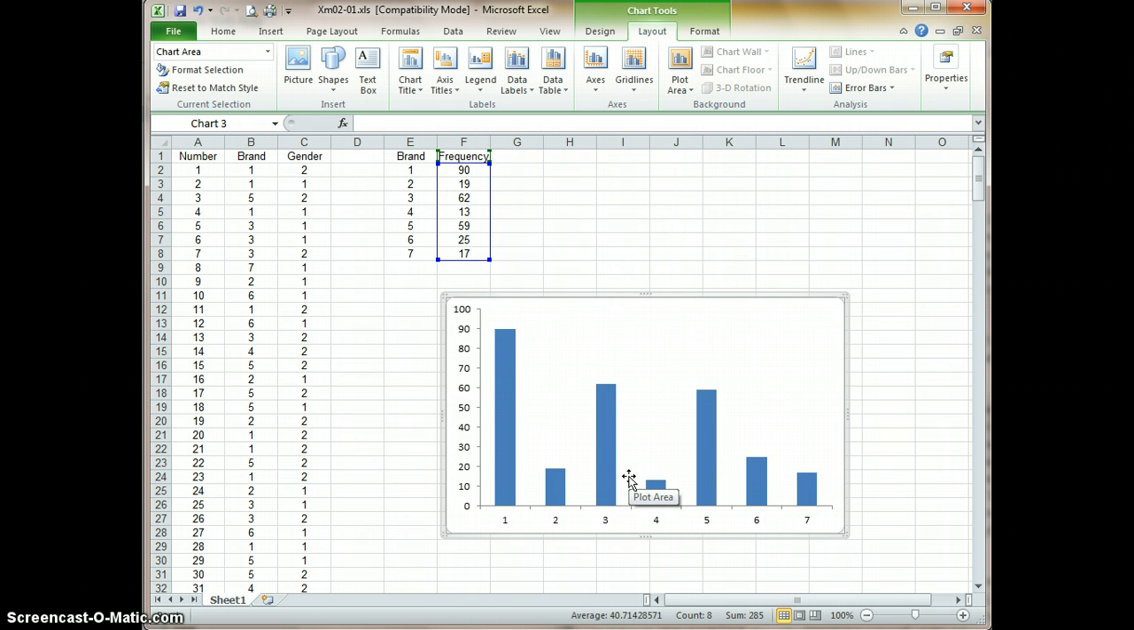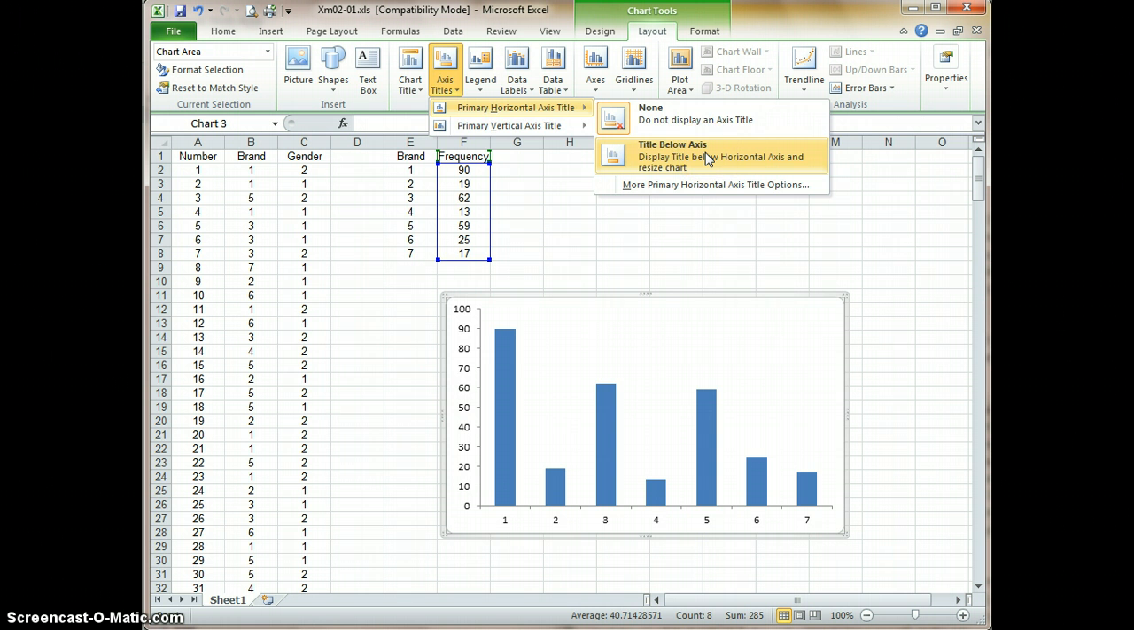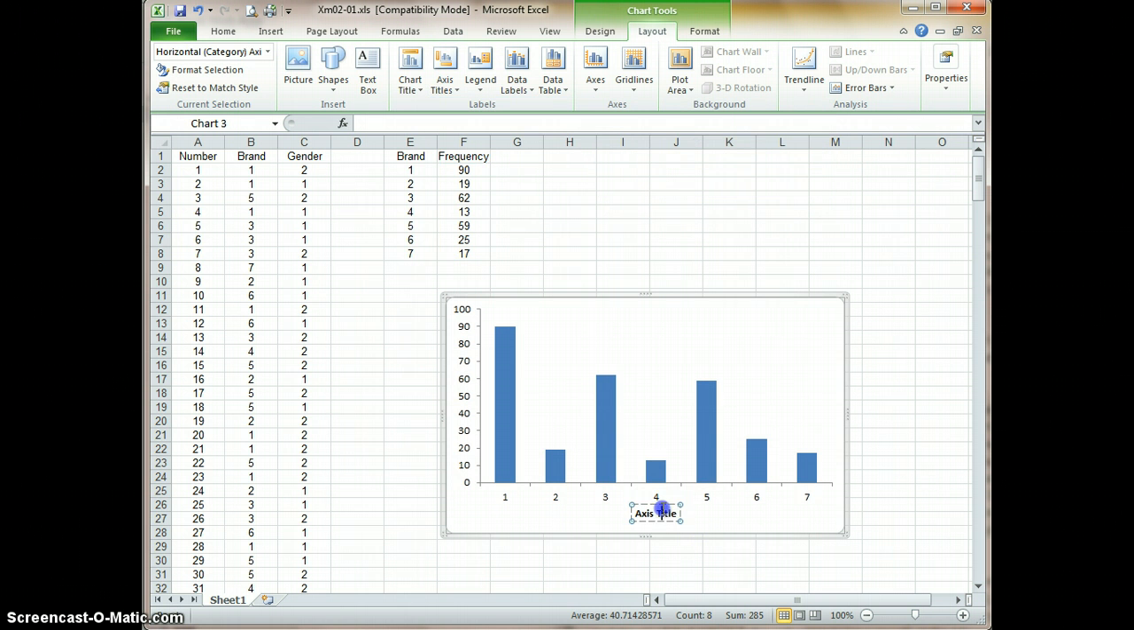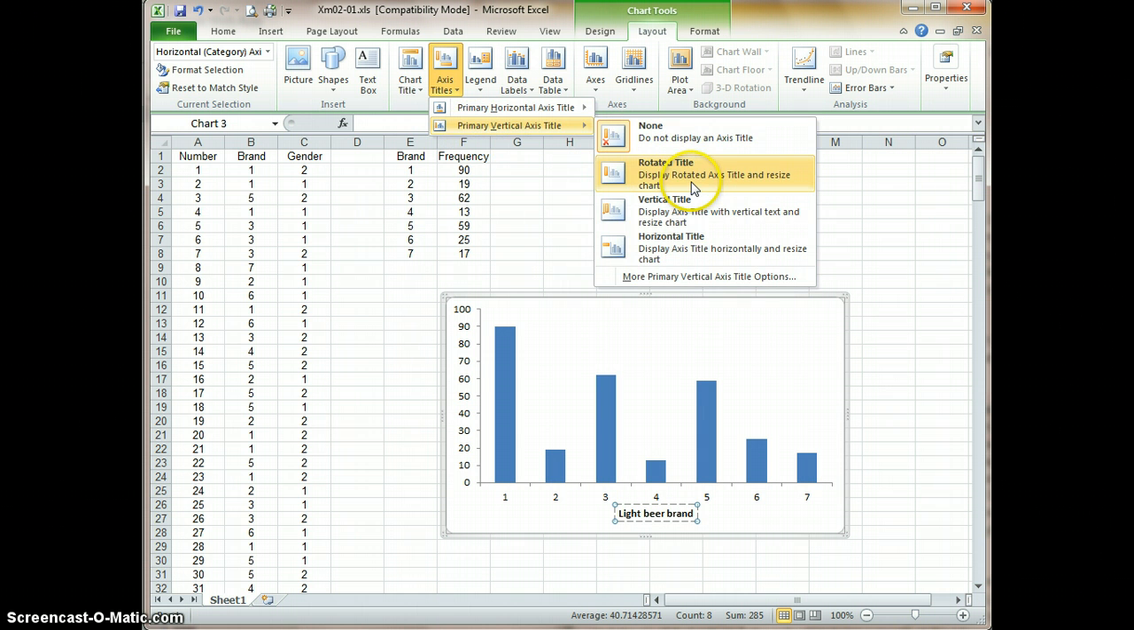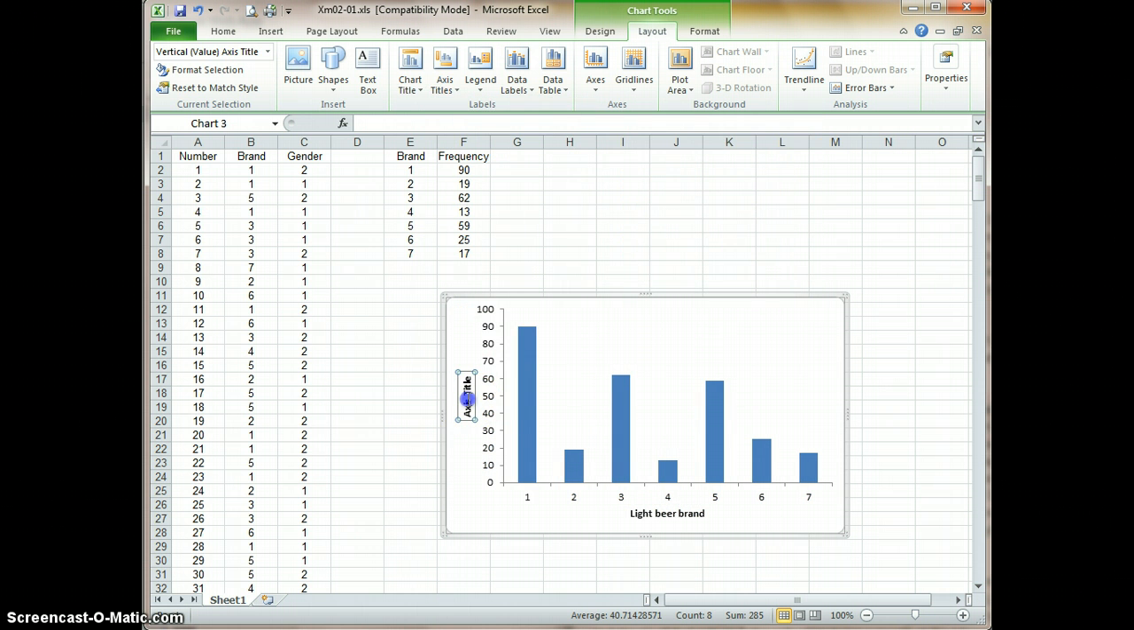But I do want to have labels on the axis, so titles down there. So horizontal primary, I'm going to put title below axis, and it puts it in there. I'm just going to select, well, it's in that range. I can go Control A to select everything, and then just type in light beer brand. And I can do the same thing over here on the vertical. I'm going to choose rotated title. Again, if I click in it and go Control A to select everything, and then just type in